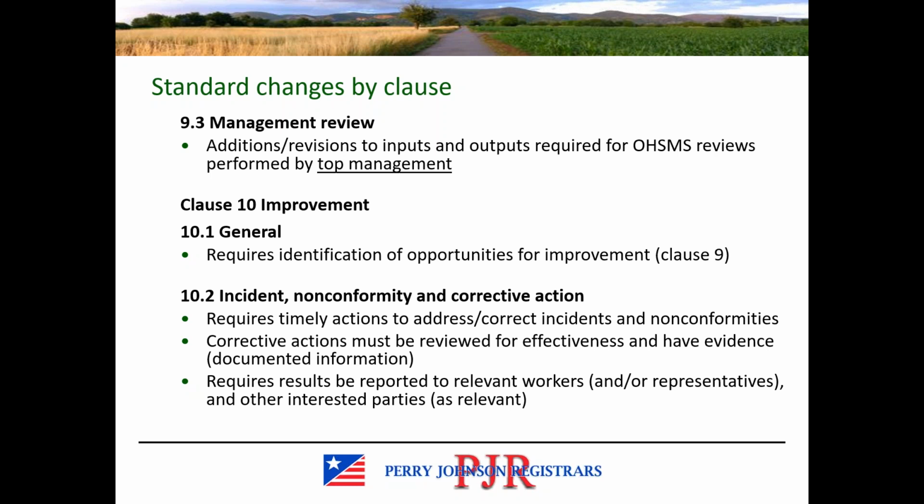Clause 10 covers the improvement requirements in this new structure. So the identification of opportunities for improvement is required, although the terminology may be changed. Incident, nonconformity, and corrective action requirements are addressed in 10.2. Timely actions are required. So this has to do as well with the proactive emphasis, the top management and leadership responsibility emphasis. You must react in a timely manner to any incidents or nonconformities that occur, that demonstrates the